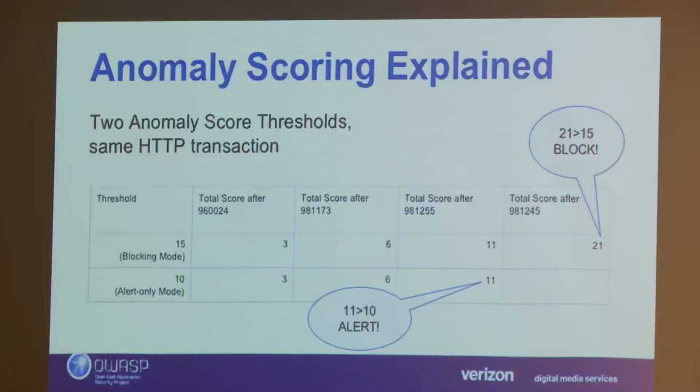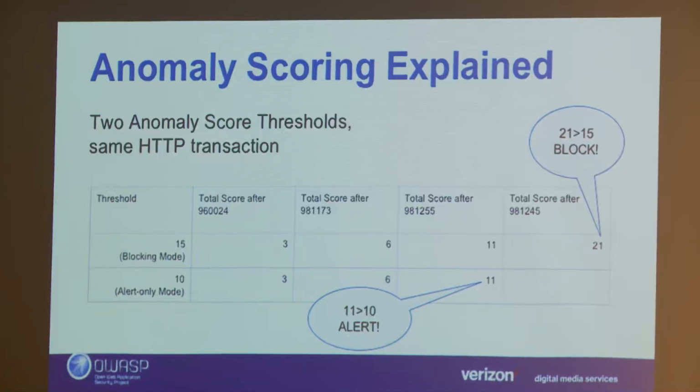So one of the features of the ModSecurity and core rule set is the anomaly scoring. So I'm gonna skip to this table. I'm gonna explain this. So in our setup, we can run two different profiles here, two different settings, if you will, for each incoming HTTP request. So you can run one in blocking mode and the other in alerting mode. But this is for the same HTTP request that comes in,